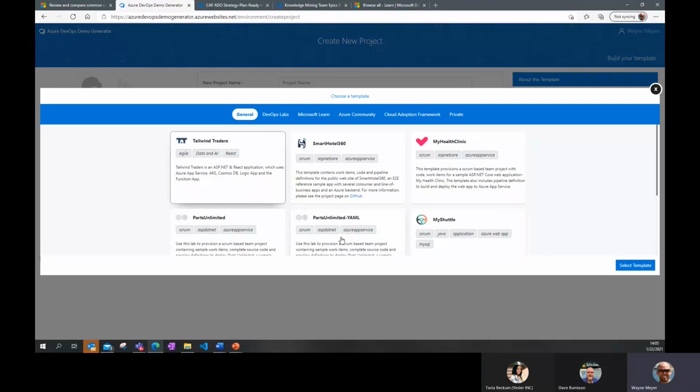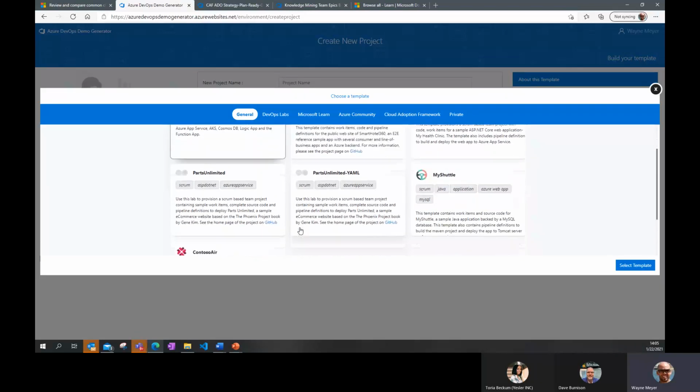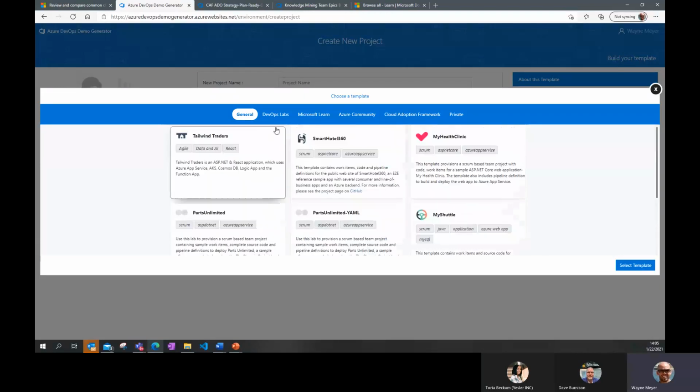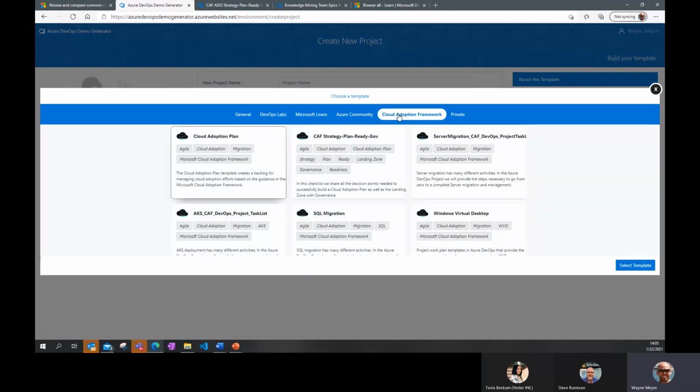You could also put some of these projects out to CSVs where you can just see the work items that need to be done to import into other tools. But here's some of the templates that are created. We've even got a full-blown DevOps Labs, a Microsoft Learn, but also then a full-blown Cloud Adoption Framework set of patterns and templates that we've done.